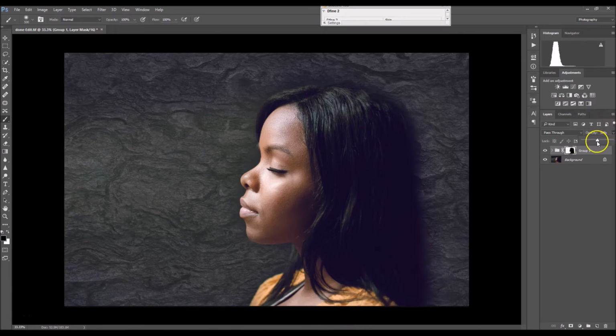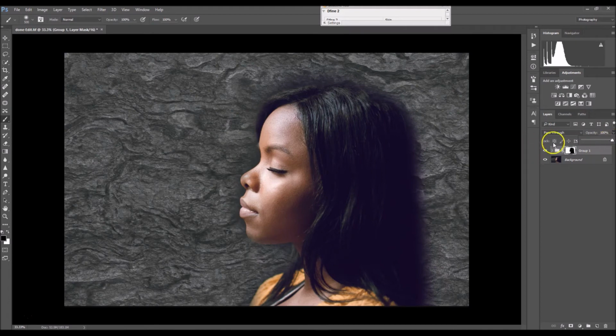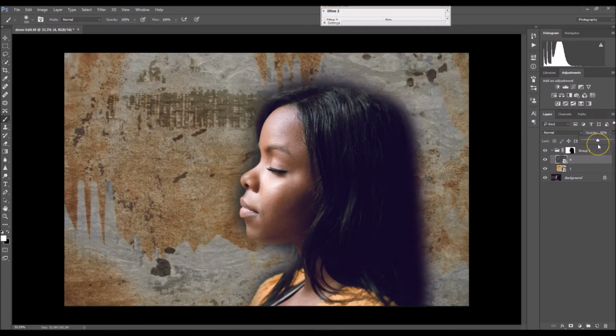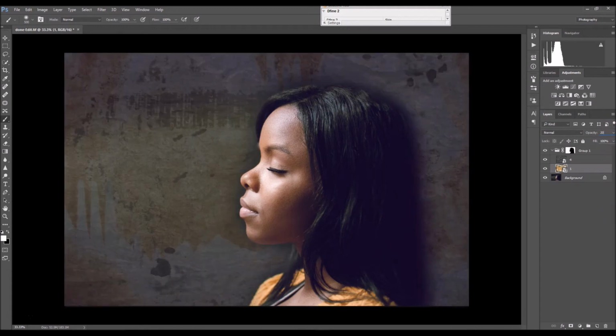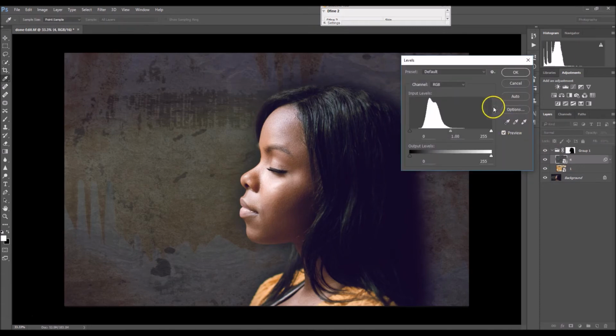Okay, so now I'm going to take my opacity all the way up. I'm going to click right here on the arrow to open my folder, and I'm going to work with the first texture. So I'm going to go on and lower the opacity of this texture to about, I'll say 20%. And I'm going to do the same thing with the bottom texture, 20%. I'm going to go back to the top texture, and now I'm going to click Control-Alt-L, and that'll bring up